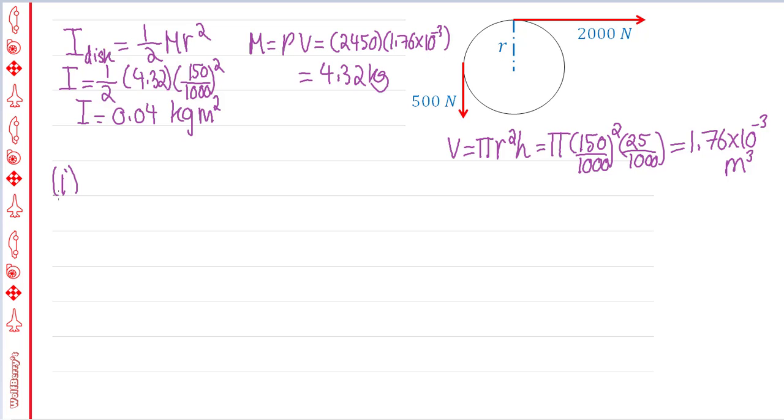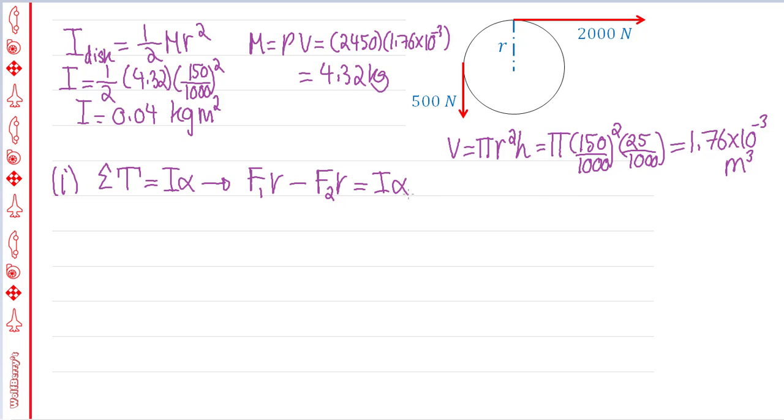Since this object is rotating, we have to use the rotational equation of motion, which is the sum of all the torques in your system is equal to I, the inertia, multiplied by the angular acceleration. Now, torques. We have two torques in our system. We have the driving torque, F, call it F1, multiplied by the radius, that's the first torque, minus the second force, which is the force due to the friction in the bearings, multiplied by the radius, is equal to I